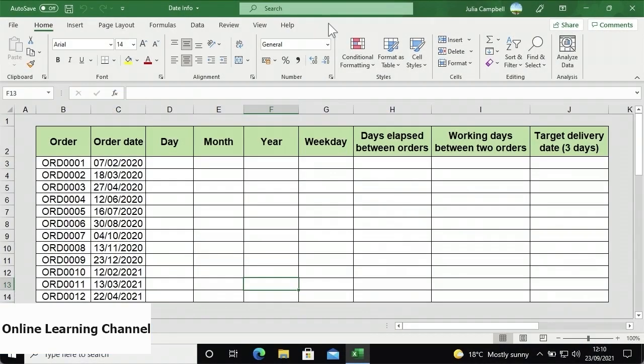Excel 365 features date functions that can be used to return precise information relating to a particular month, day, or year. In this video, you'll discover how to retrieve information with dates in Excel 365. In my worksheet is a table of orders and order dates. I'm going to use this list to extract date values such as the day, month, and year of a given